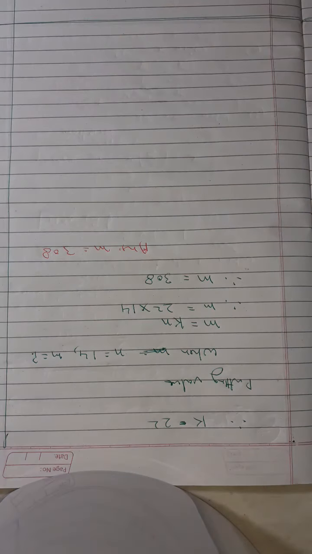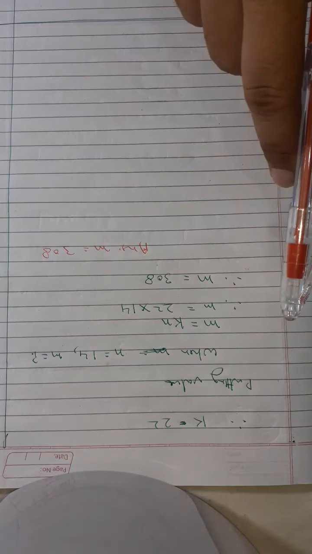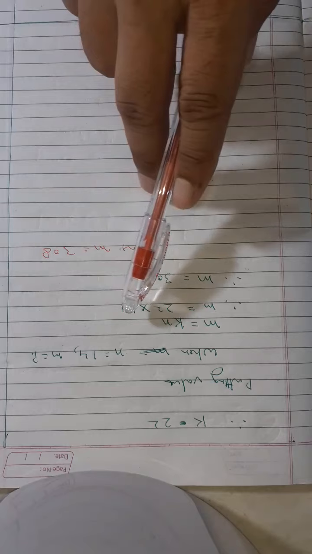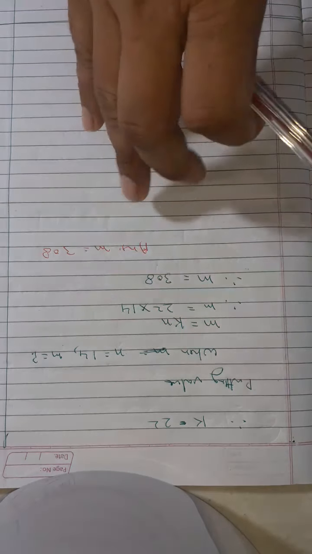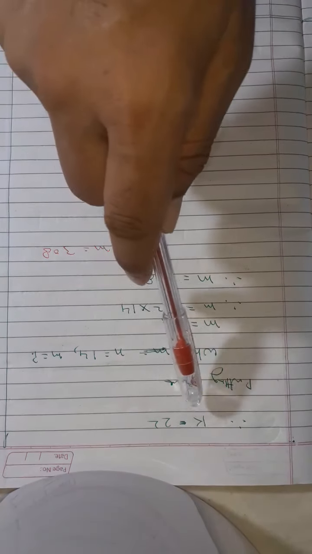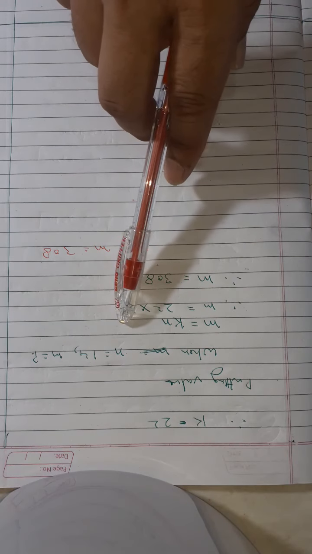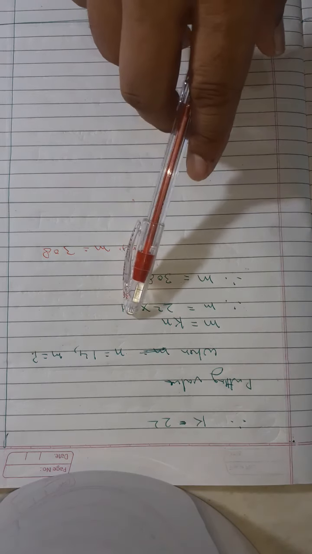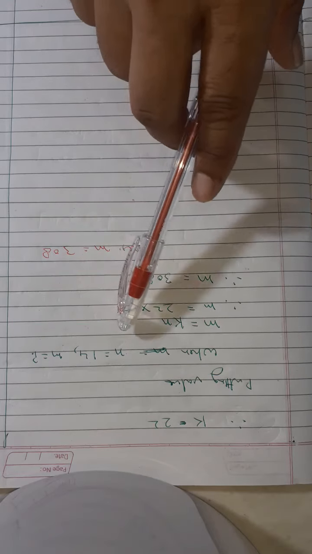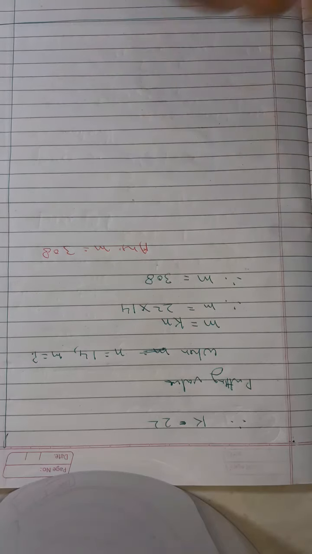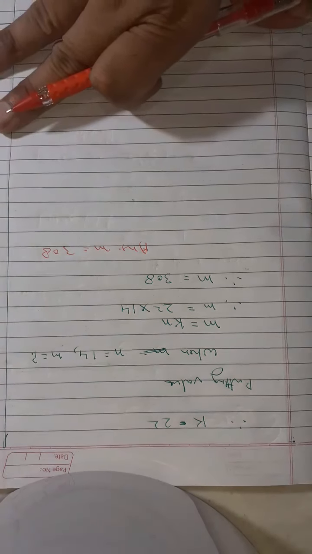Clear? So first of all, what was given? It was given n proportional to m, and m and n were given. So with the help of m and n, we first got k, and when we got k, we put its value in the next condition to find out the value of m. N was given, k we got, then we got the value of m also. So the third question is also completed.